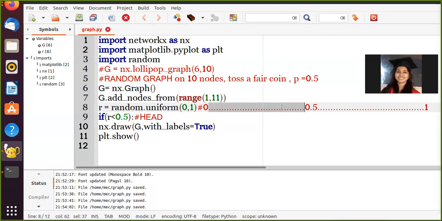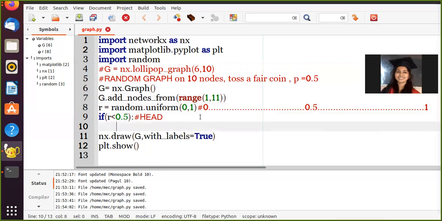The probability is the numbers which lie here divided by the total numbers, and the total is definitely 2 times this, right? So the probability here is 0.5. If r is less than 0.5, somewhere here, I say that it is a head, and if r is somewhere here, I say that it is a tail. So the probability of head is half, and the probability of tail is also half.